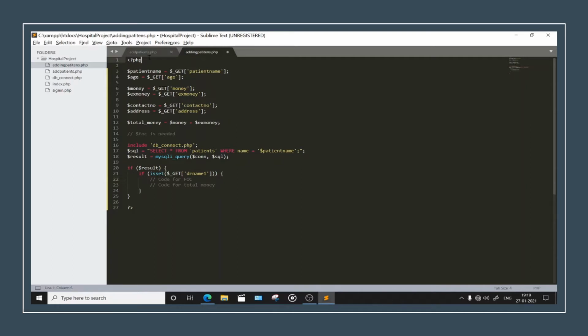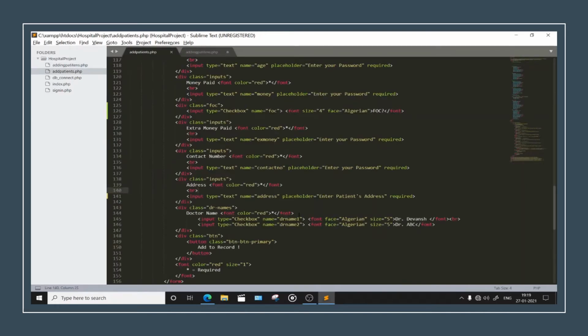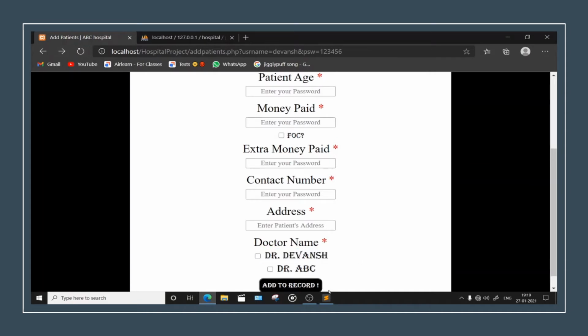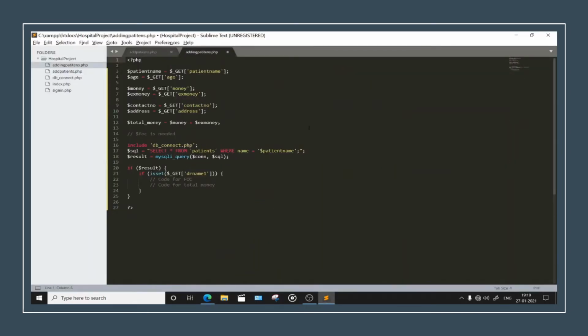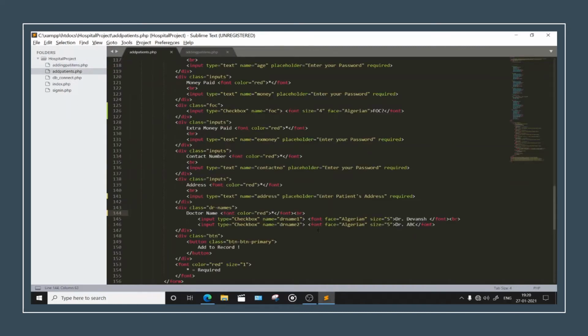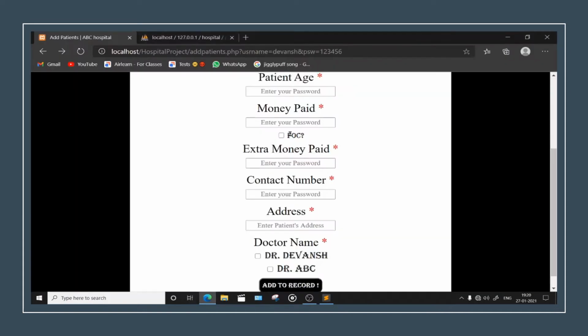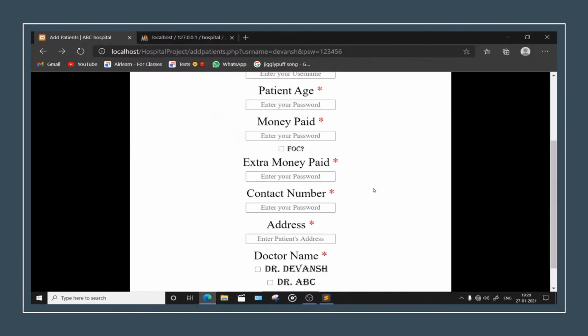Okay, so I forgot to do one thing here, and I need to add one BR tag. This is just for entering a line, it's an HTML tag. Okay, refresh and it came down. Fine, super. So let's save this thing once again. And I'm just forgetting something. Okay, we will see what I am forgetting. Maybe something in this place only I will be adding.